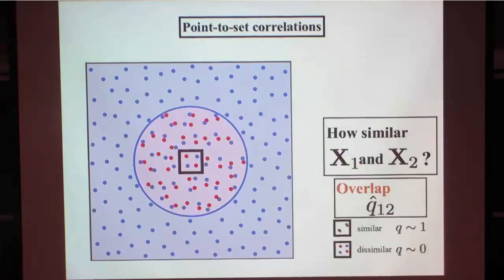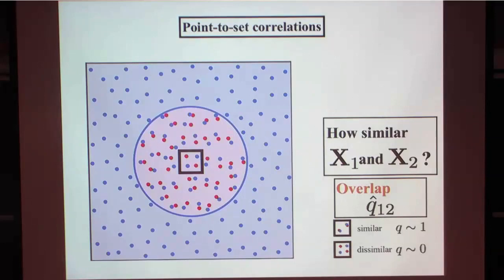Okay? And finally, after doing this resampling, you compare this new configuration to the old configuration and ask how similar they are. And to quantify this, you can define something called overlap, which is also discussed in the Mark lecture. Basically, as in the spin system, it's 1 if it's similar, and it's 0 if it's dissimilar, and in between if it's in between. Okay, I can write down the formula, but it's not insightful. This suffices for this lecture.